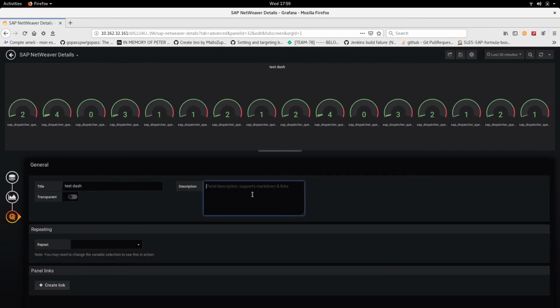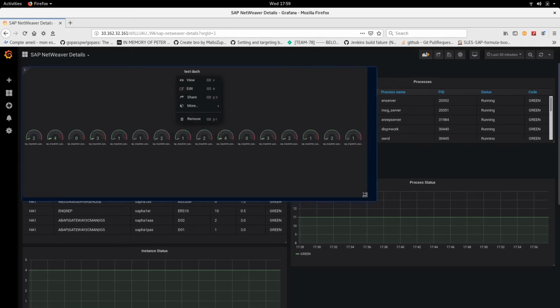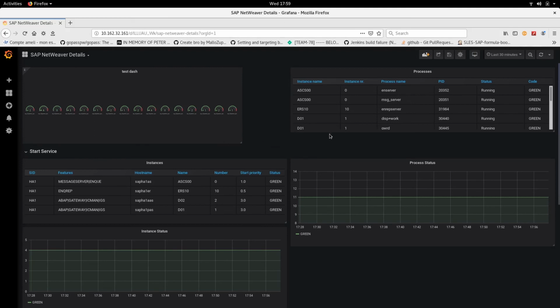So you can make some description. And you see I have the text. And if I go back, I will have the test dash in our case, and then you can also make it bigger, smaller, you can adjust, and everything will save in the JSON file. You can save and export,